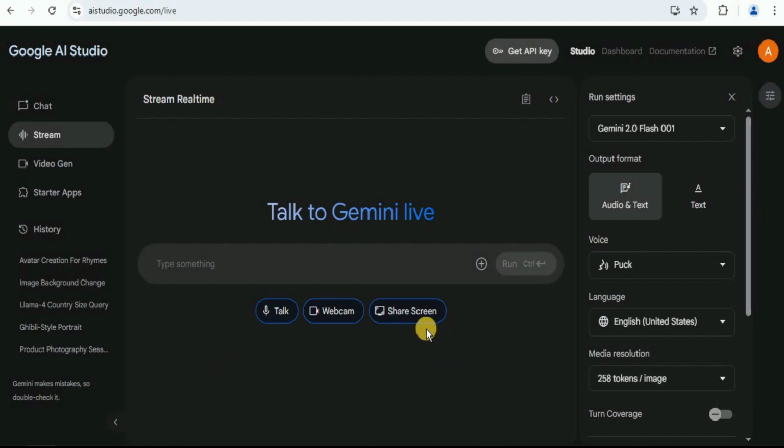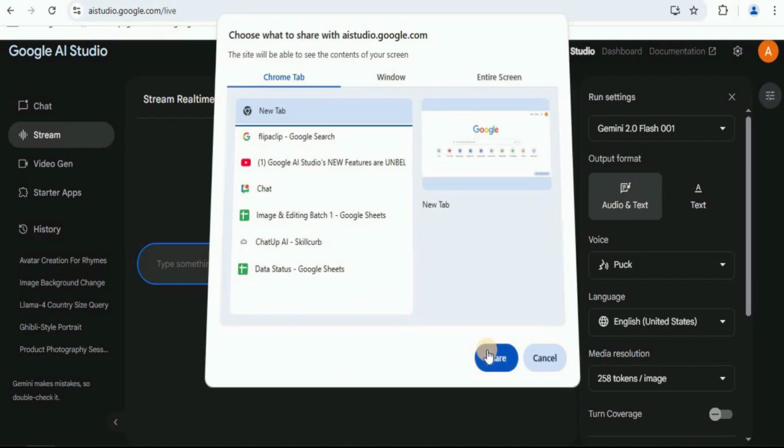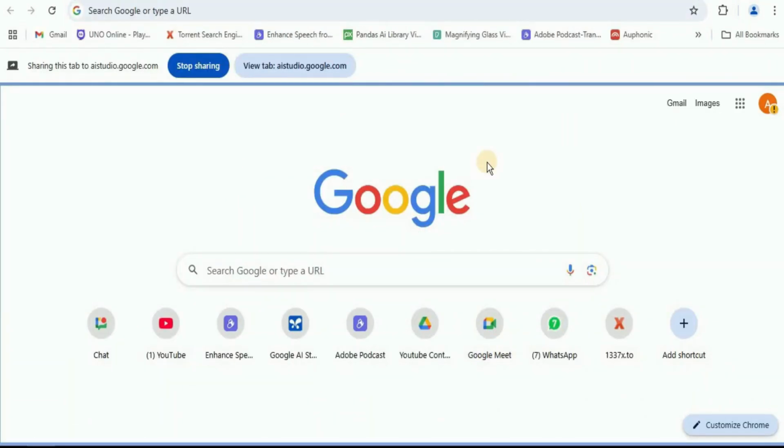So here, firstly, I'm going to share my screen and I'm going to share a new Chrome tab with it. Now, I want to find the cheapest flight from Islamabad to Dubai. Can you help me? I can help with that. Have you already checked any flight comparison websites? No. All right. Shall I search for flights from Islamabad to Dubai on Google?